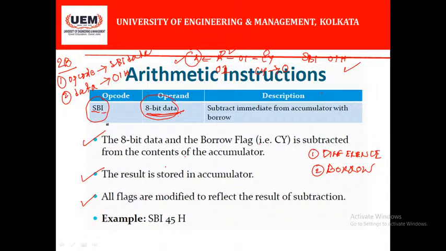Is it a 0 address, 1 address, 2 address or 3 address? Which address instruction is it? The length of this instruction is 1. That means it is a 1 address instruction. Why? Because we are observing that in the operand field there exists only one